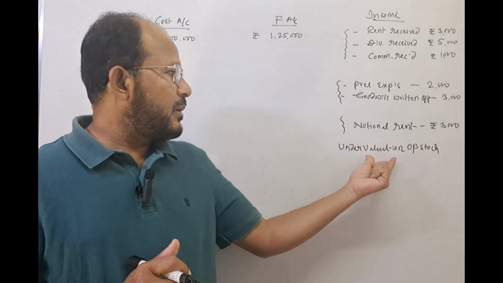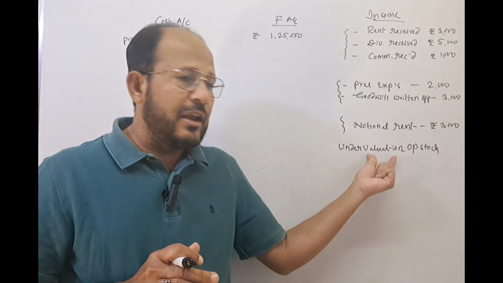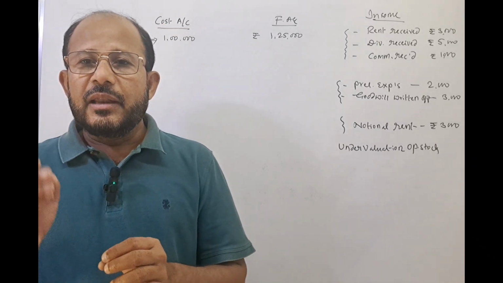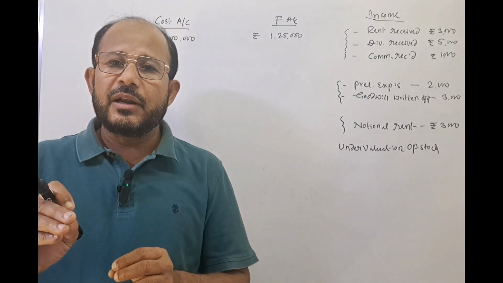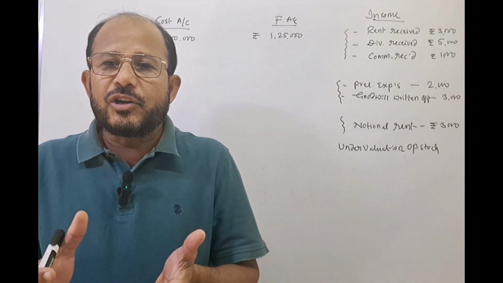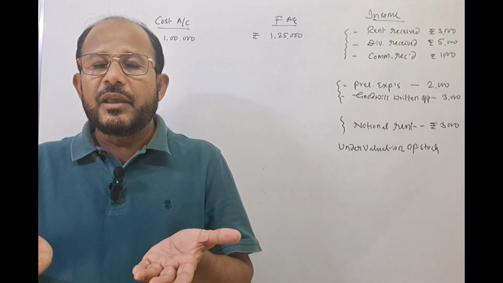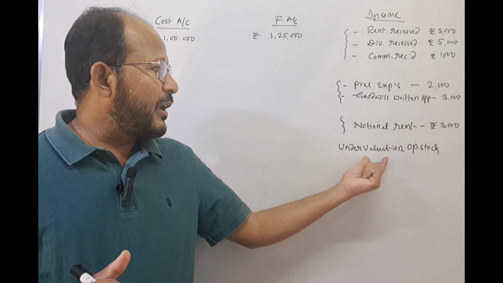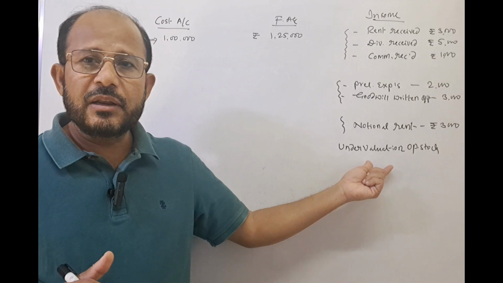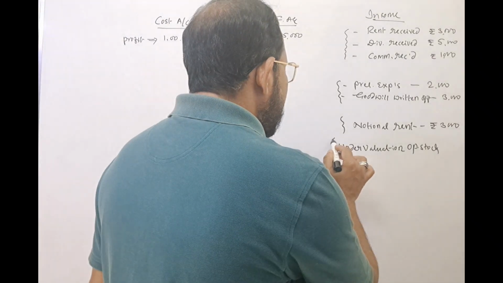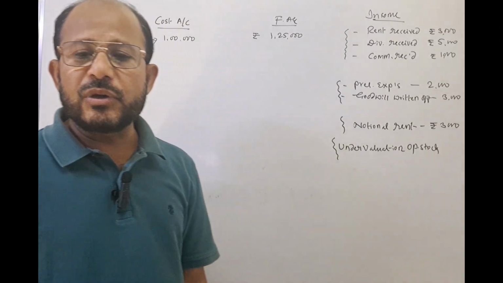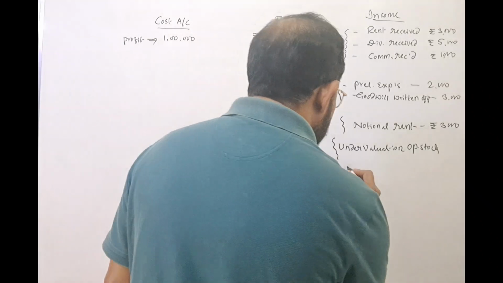Here in cost accounting, the valuation, assume that this undervaluation of opening stock is there in costing books. In costing records, less amount of opening stock is recorded as compared to the financial accounts. When opening stock is less, then automatically what happens here? The profit increases. Therefore, when profit increases, in order to reconcile this one, we need to make even this one as the adjustment. That is why here undervaluation of opening stock may also be there. In the similar way, we can also take undervaluation of closing stock,